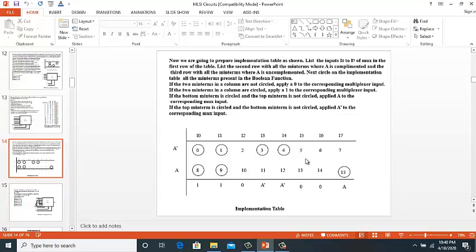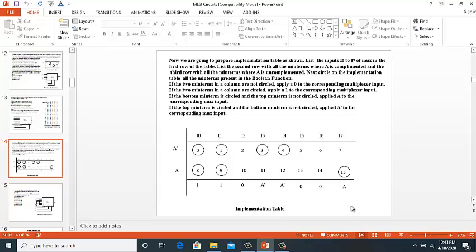In I5 both are uncircled, so we get 0. Under I6 both the min terms are not circled, so we put a 0 over here. Under I7 the upper min term is not circled, the lower min term is circled, so this min term is where A is equal to 1, so we put A over here.